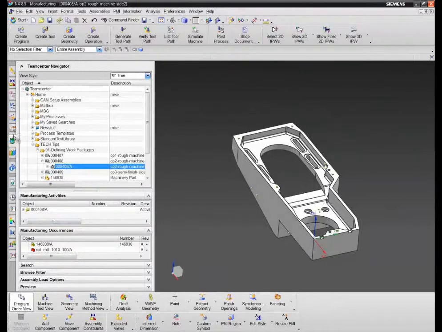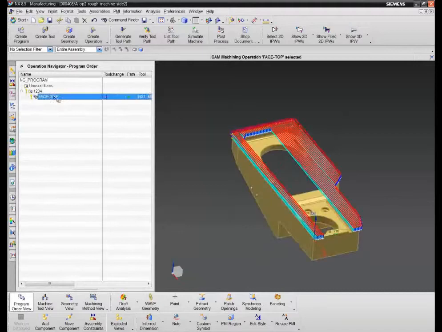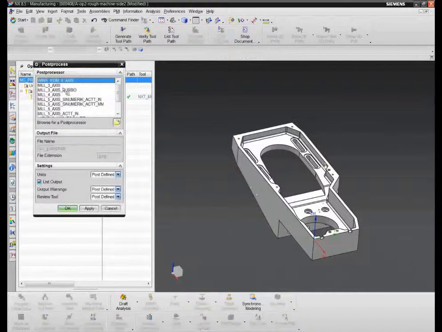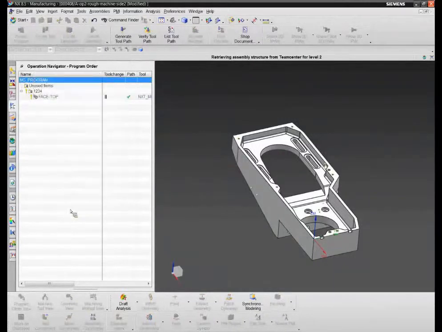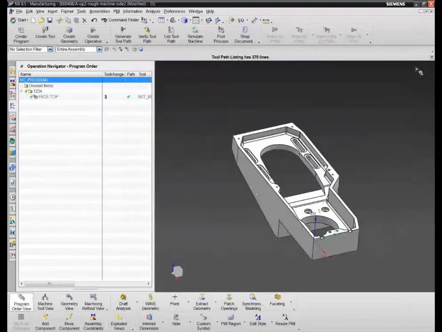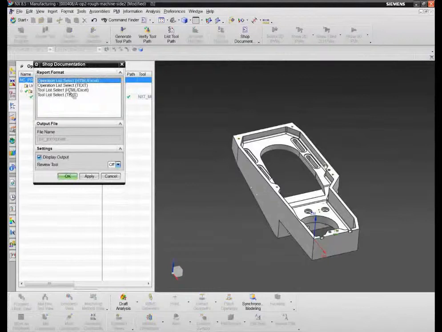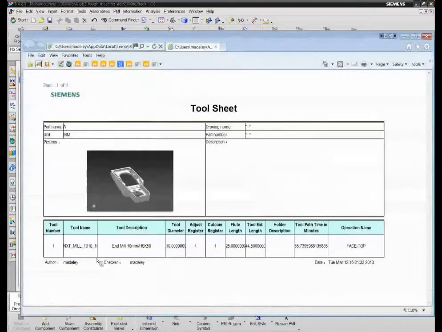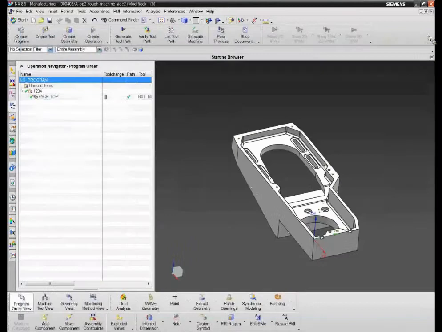If we take this operation and we actually do some post-processing, we pick the mill 3 axis and post-process this, we could pick a simple shop doc, take a tool list, and create it. We know we've only got one tool, but we get the shop doc created. When we actually save this information again,